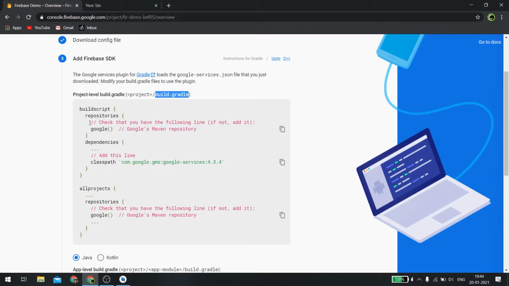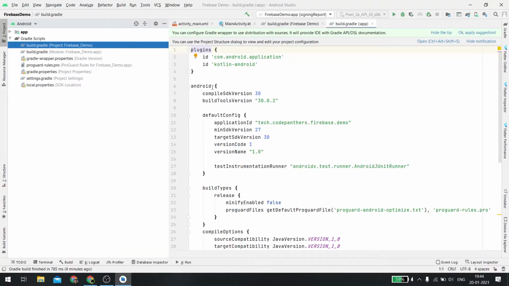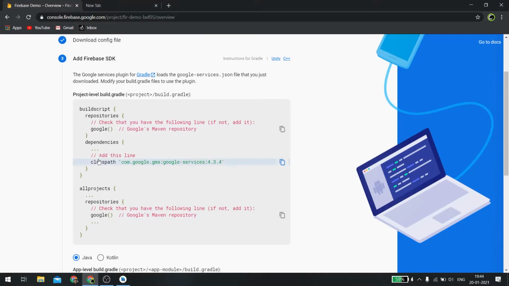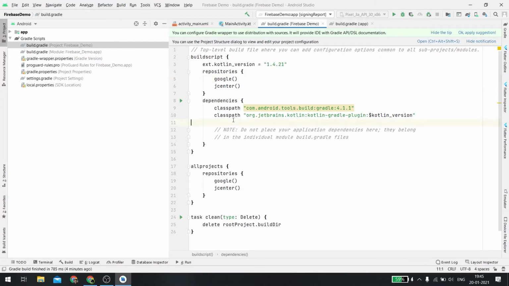So first thing we need to do is check whether the buildscript repositories has a line that looks like this, google. So let us see in the project build.gradle file. Okay, this is our buildscript, and in the repositories we have the line google. Okay, it's done. Second, we have to add this line, which is classpath com.google.gms, Google services something. So Google managed services will be added in this line just below the other classpath. What it will do is use this Google repository, and from that will fetch this particular library. So this is a library which is present in a repository which is hosted over the internet.